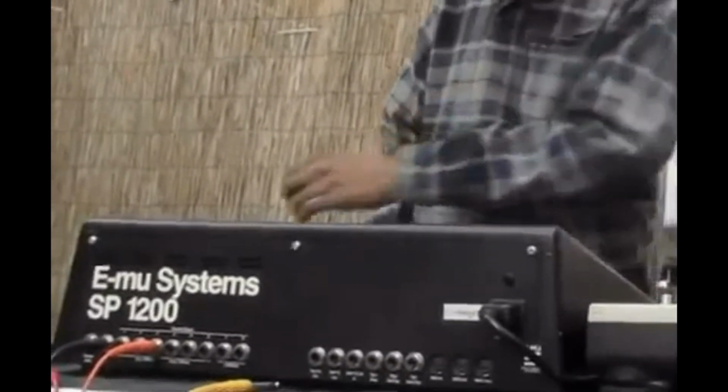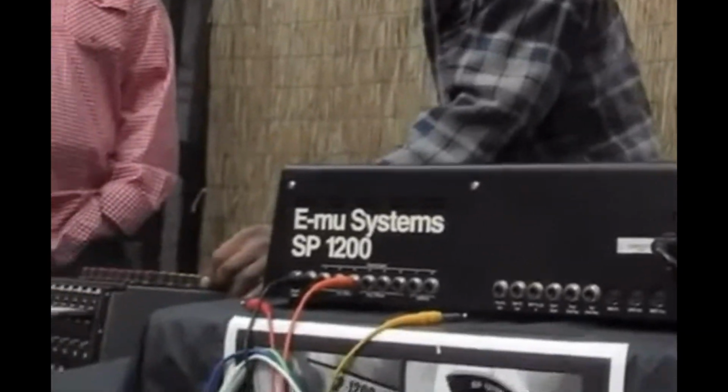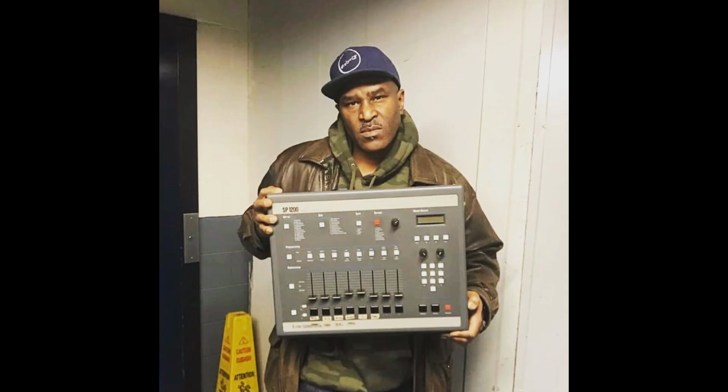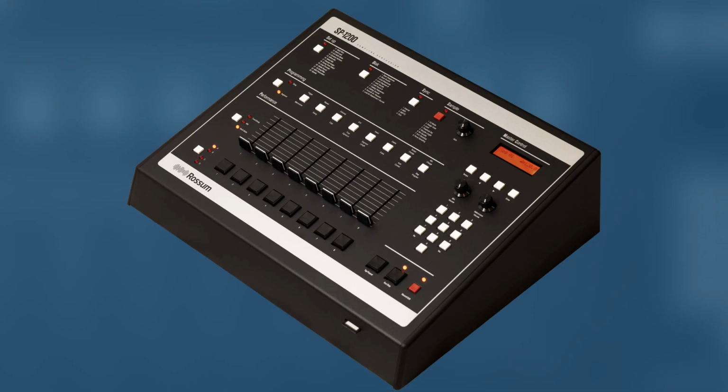And not to mention, the SP1200 is a reliable machine. Folks have their SP1200 from like 35 years ago and it's still kicking strong. So the new Rossum SP1200 will definitely give you like another 50 years of kicking. So yeah, folks, that's the Rossum SP1200. What had happened was...